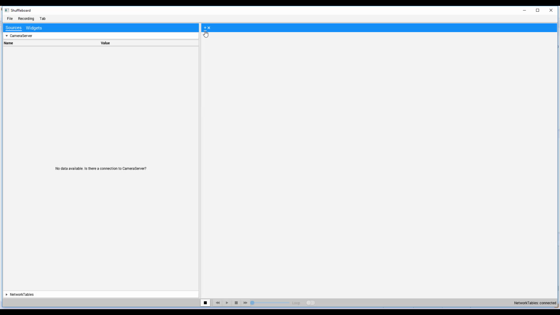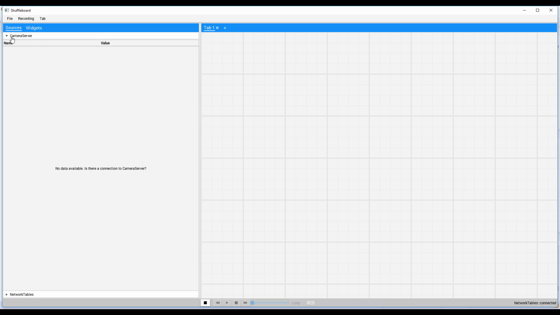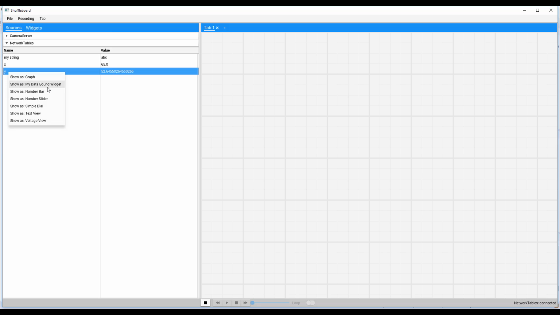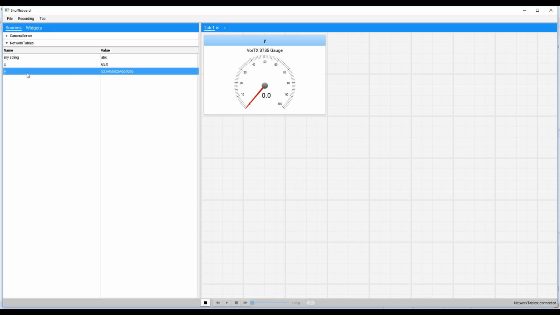So Shuffleboard opens. I'm going to add a new tab. I can go look at my data source, and I can right click on one of the variables, and you'll see my data bound widget show up as one possible widget that we can use with that variable. So let's open that. Let's also open a slider. And so I can change the value with the slider, but the widget doesn't do anything yet because we have